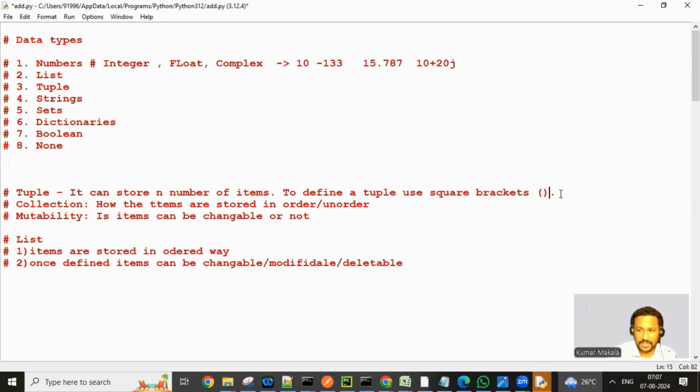Okay, so parenthesis means no dot is not part of this. Just parenthesis. And this is how the items are stored in order, and ordered. Okay, mutability is it here? No problem. Now, tuple is the same as a list, but when it comes to mutability, once the tuple is defined,